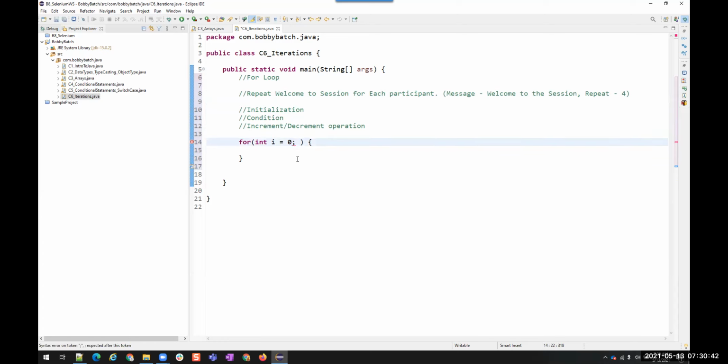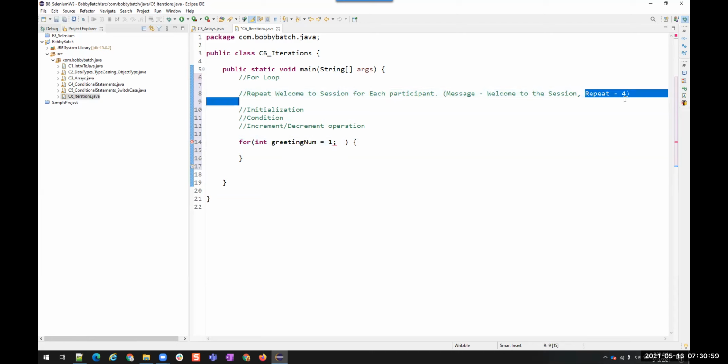I want to print it 4 times, so I can start from 1. Int greeting number is equals to 1. And then what is my condition?